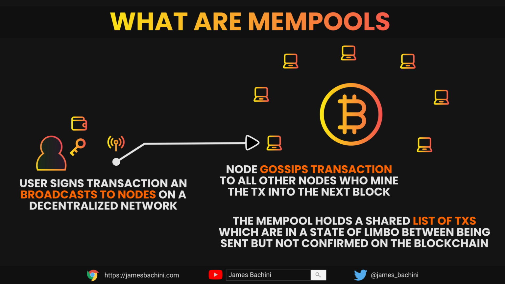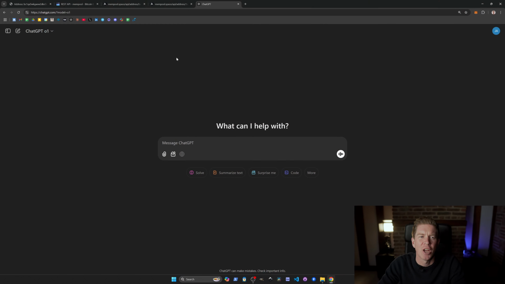And bear in mind that Bitcoin has a very slow block time. The block time averages 10 minutes and can take a lot longer. So I want a notification as soon as any nodes on the network receive a message that Bitcoin's about to move. Let's fire up ChatGPT and see how we get on. So I'm going to set the model to o1. I'm going to take this URL